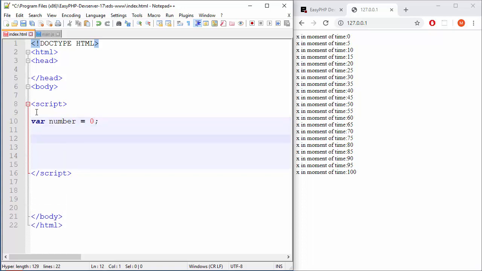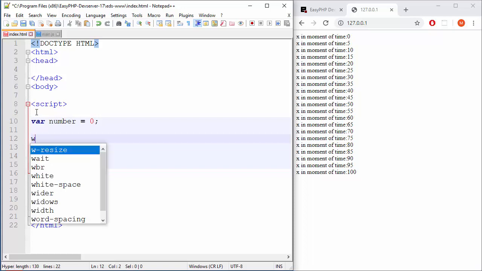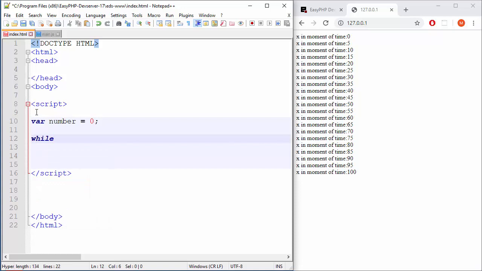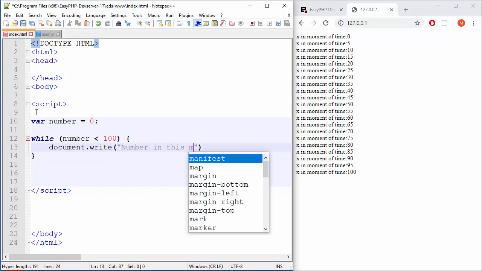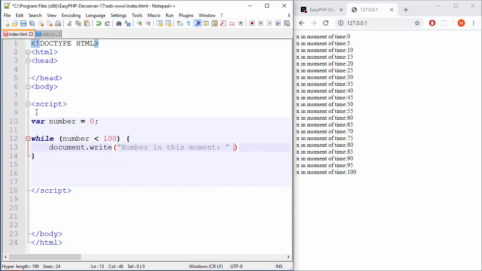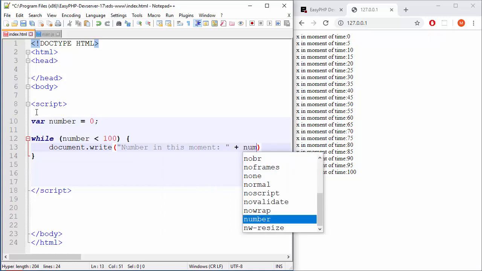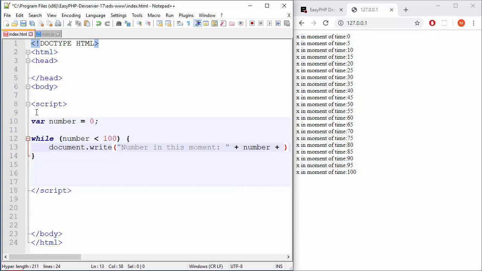and immediately after that you will use the while keyword. So not for, but while. So while something is true, do something, or while something is not true, do something else, something like that. So while number is less than 100, we need to do some kind of operation like document write, and let me see, the number in this moment of time, and we will concatenate that with the actual value in that moment of time, and we also need to have a break here,